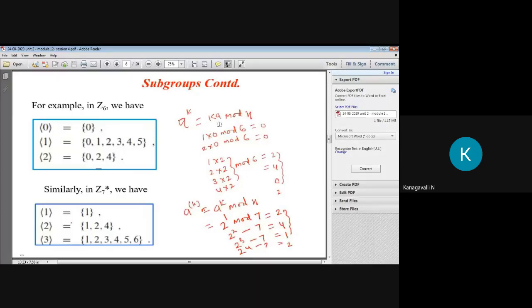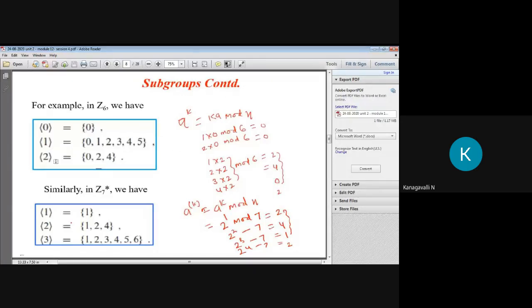Then take another example for the given value. For example, you are choosing 1 or 2, that is your choice, right? If you choose 1, 1 into 1 mod 6, what is the remainder? 1. 1 into 0, the remainder is 0, right? Then if you multiply anything with 1, you will get the same term, right? So here I am writing 0, 1, 2, 3, 4, 5. So always the generator 1 in multiplication gives you the same group values, right? In Z6 our group values are already 0, 1, 2, 3, 4, 5. Similarly, if you multiply any term with 1, you get the same result, right?